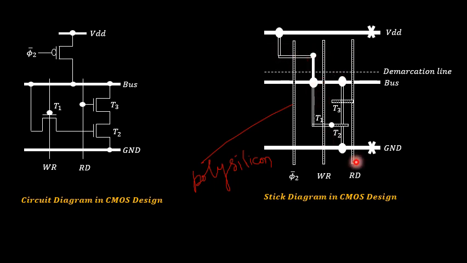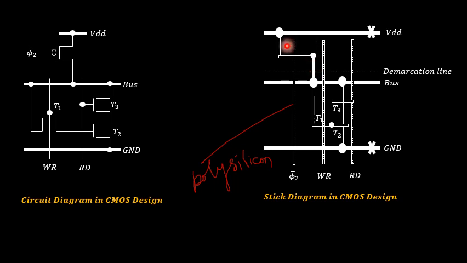Whereas if you look into the pull-down part, I need three transistors. So three crossings of polysilicon with the N type of diffusion layer. One is this one. Another one is polysilicon crossing N type of diffusion, the second one, that is transistor T2. The third one is polysilicon crossing N type of diffusion. So three times we have crossed polysilicon with N type diffusion, so three transistors are formed. Now let me concentrate on the connections, how they have to be done.